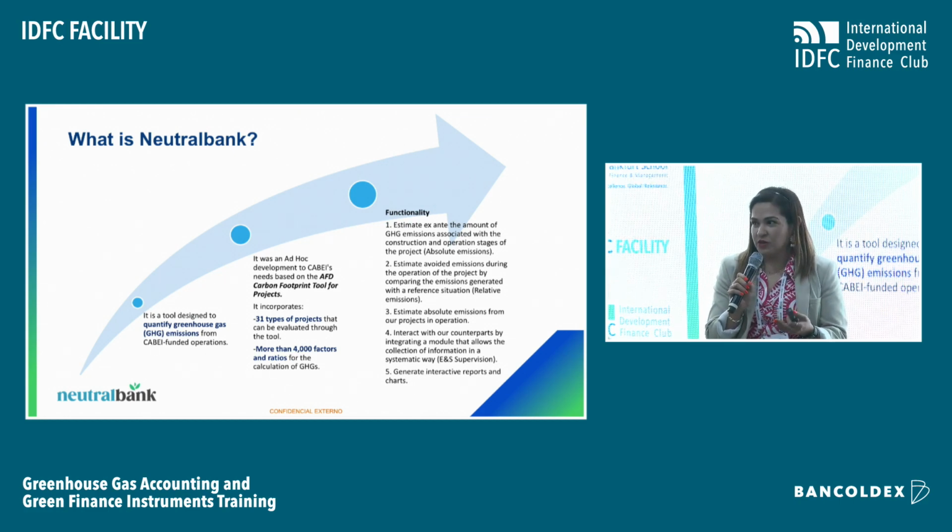We have agriculture. We use some from the FAO tool, data for that agriculture and forestry types. And it has at this moment more than 4,000 factors and ratios for emissions. So its functions, we're hoping to include them in the changes we're making in our policies and our normative for our internal processes. It's to have an assessment of our ex ante, or the absolute emissions that we aim to have with a project. Also, it will help us to estimate how much we can avoid emissions when we compare